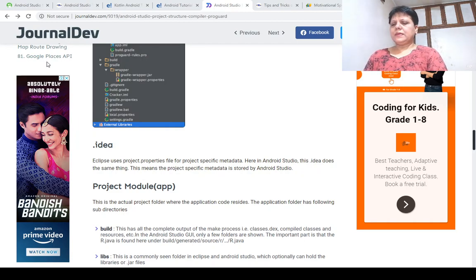This is where the Gradle build system's jar wrapper is found. This jar is how Android Studio communicates with Gradle installed in Windows. External libraries: this is not actually a folder, but a place where referenced libraries and information on the targeted platform SDK are shown.